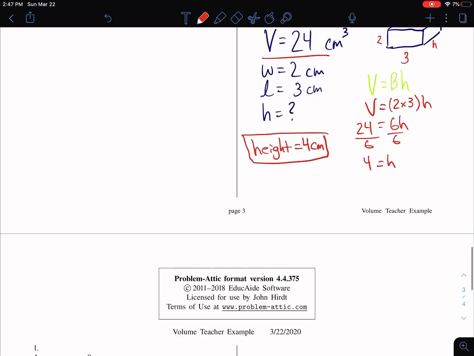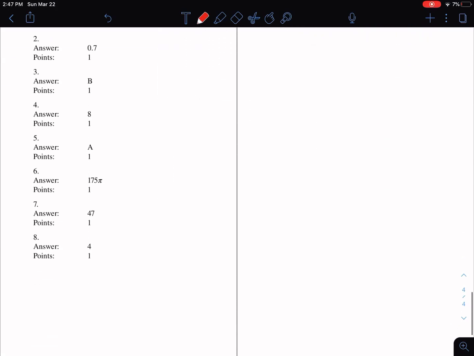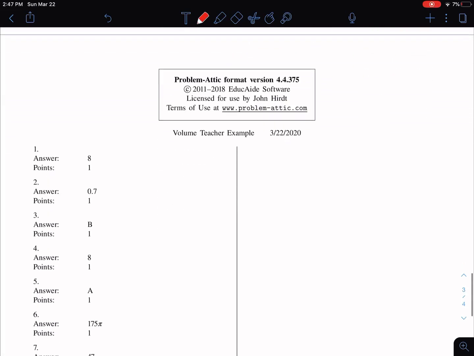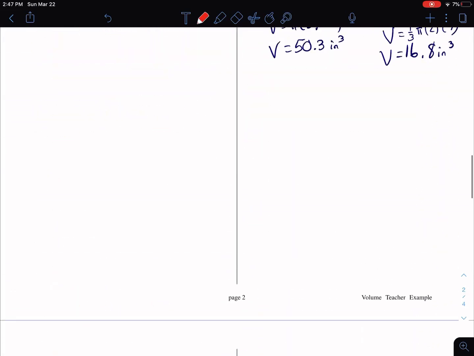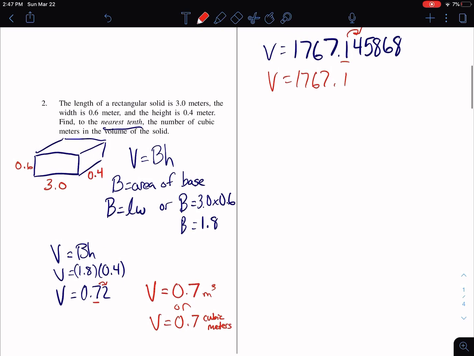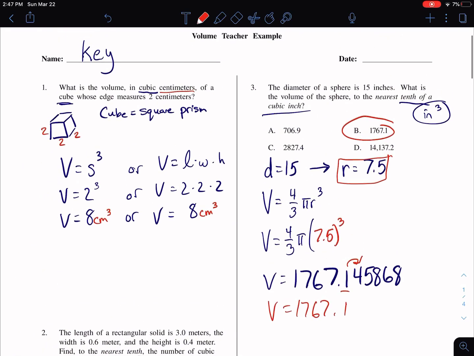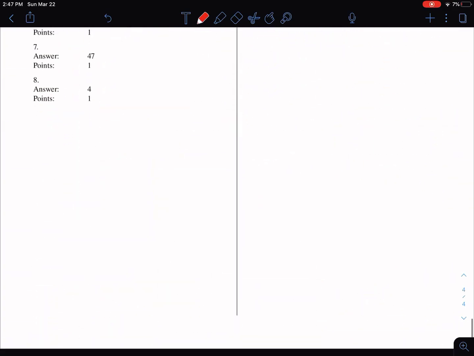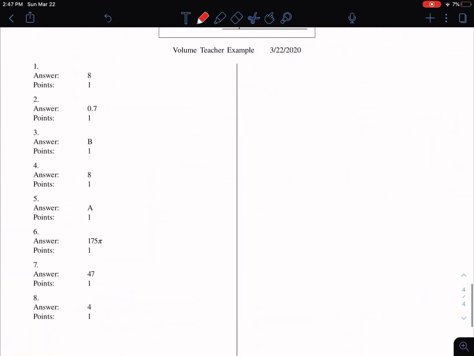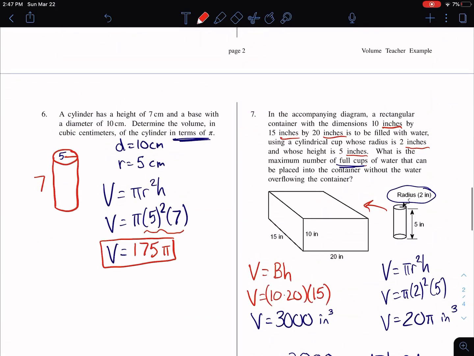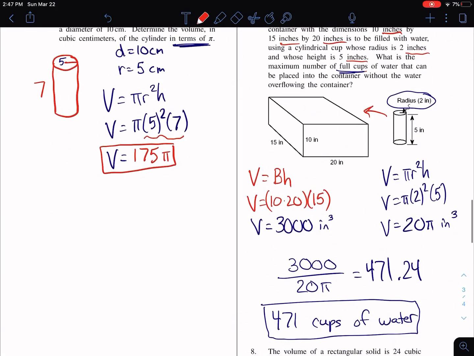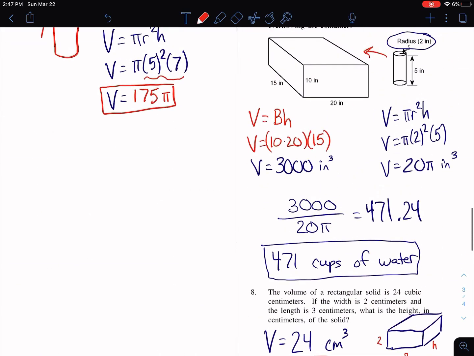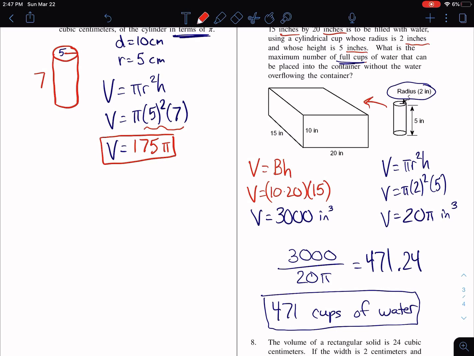So there we go. Just want to check our answers here. We got that 0.7 that we were looking for. We got 8 for 1. Bear with me here for a second. Got B, we got 175 pi, but it looks like we got number 7 wrong. So let's see what happened with number 7. At that 47, I'm going to guess that